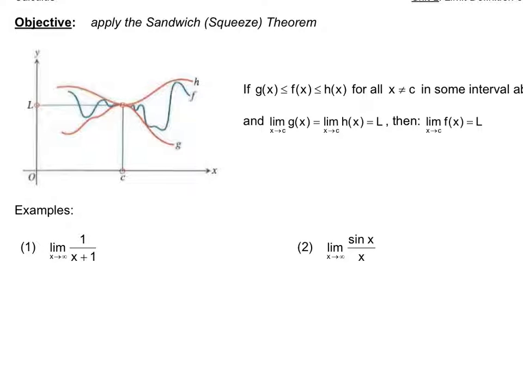So it's saying that f of x is between two functions, g of x and h of x, right? If that's the case, and also, this is the weird part, those two limits, of g of x and h of x, are the same, then the limit of f of x is going to be the same as those two outer limits. All right? I said that really fast,